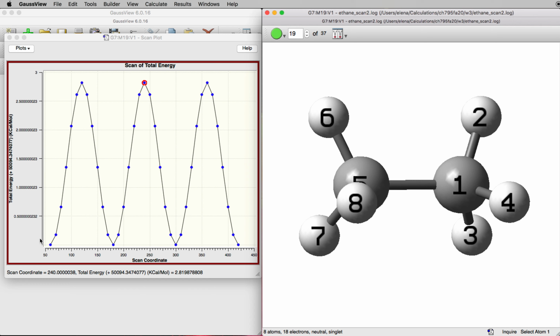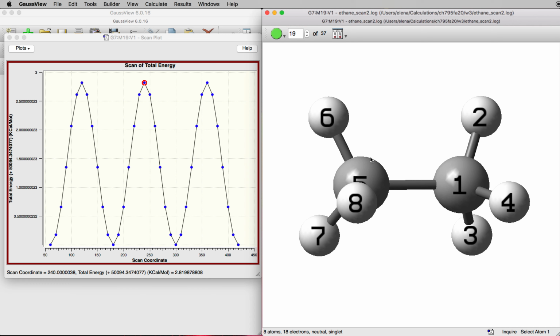You can see, looking at the y-axis, the maximum is somewhere between 2.75 and 3 kcals per mole. So the methyl rotates almost freely in an ethane molecule at room temperature.